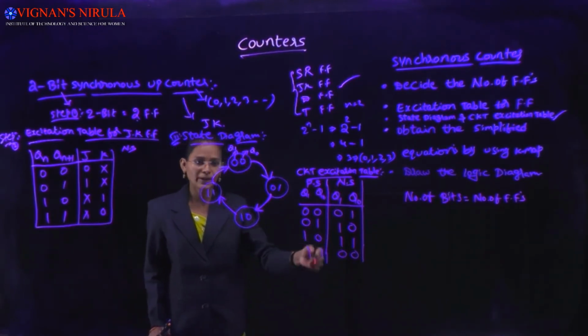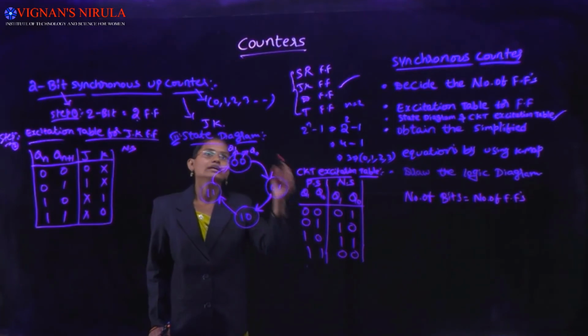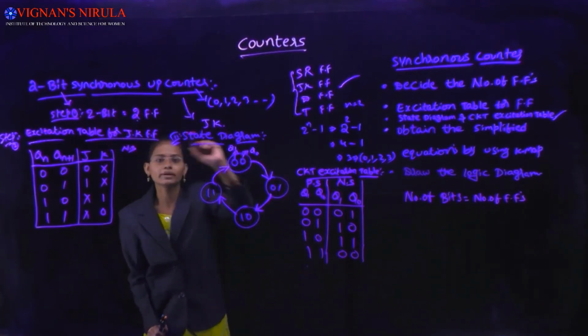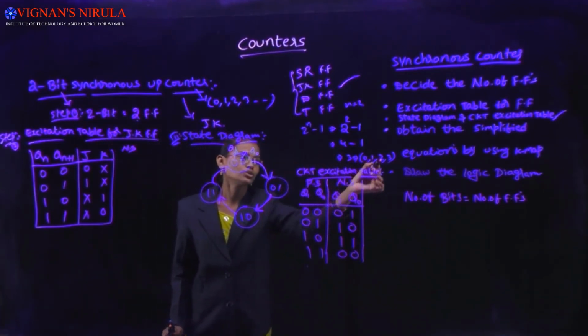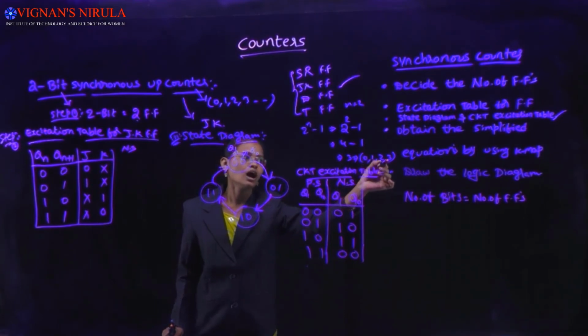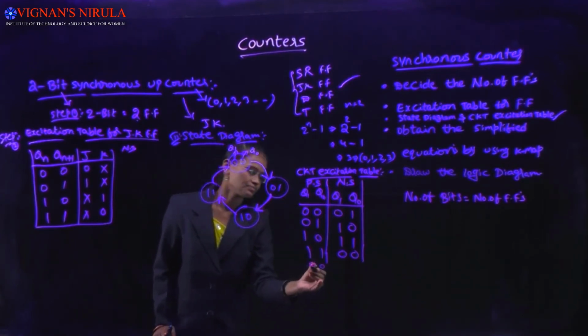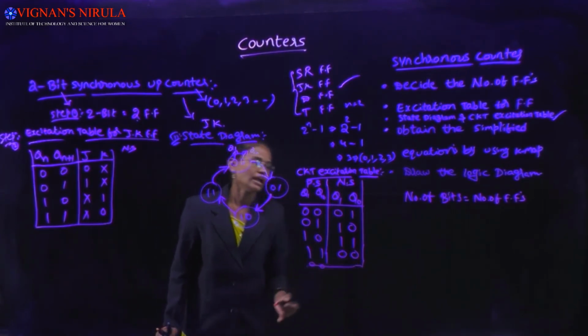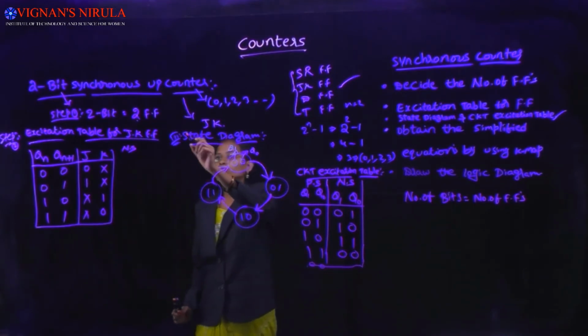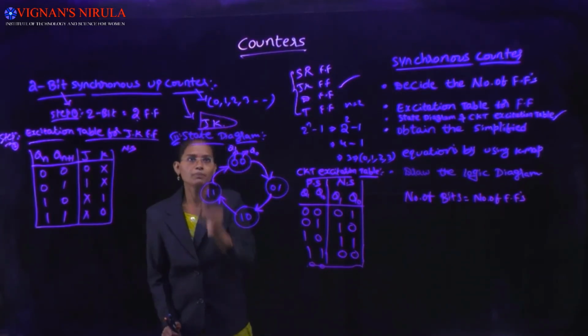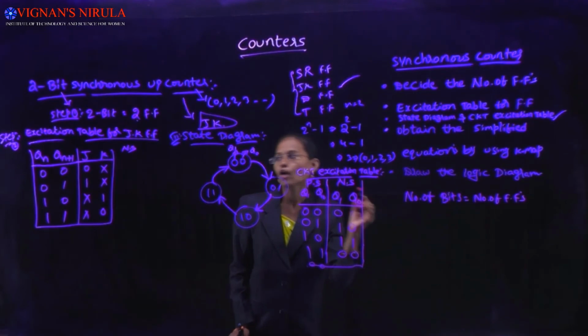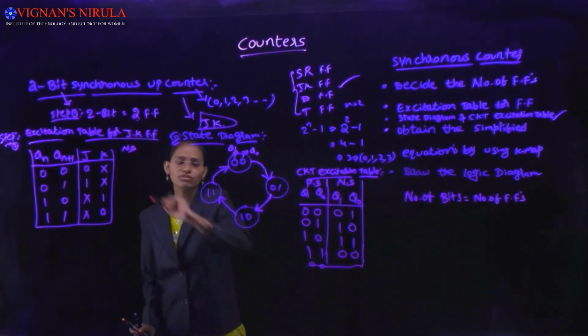This is repeated counting. Here we are using 2 bits. 2 bits give 0 1 2 3. We count up to 3 only. And next it repeats again from 0 0. Okay. And next, in the given problem we are using the JK flip-flop. How many flip-flops are used? 2 flip-flops.